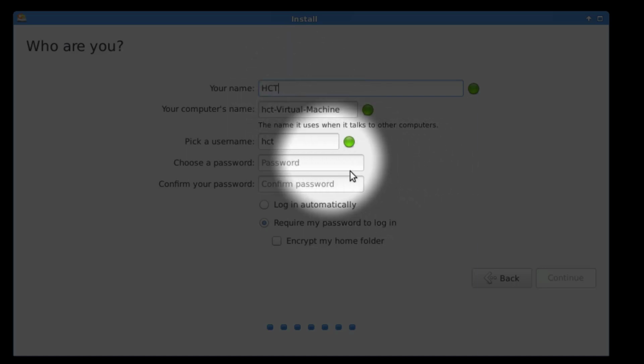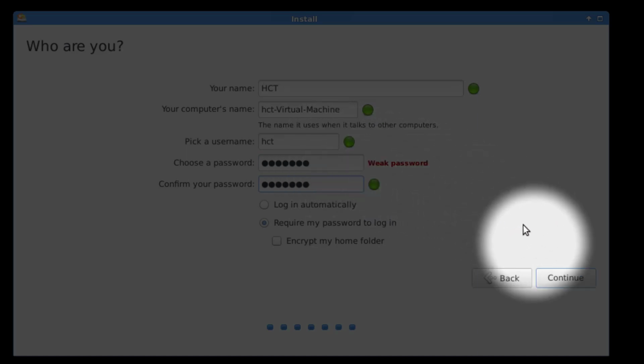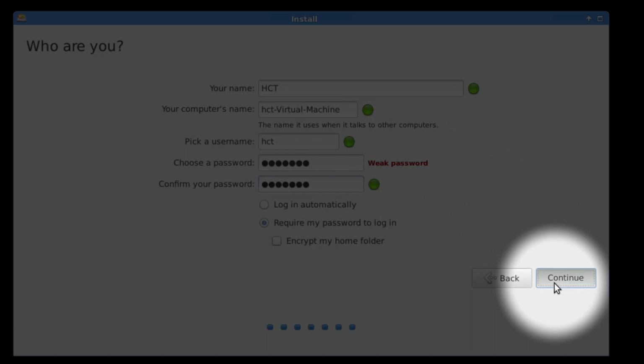And the password, we're all going to use the same password, which is let me in. So it's written there in the lab instruction, let me in. Right, gonna confirm it, let me in. All right, so just gonna hit continue. Yeah, I know it's weak. It says there it's a weak password because it's a dictionary word. But for this,